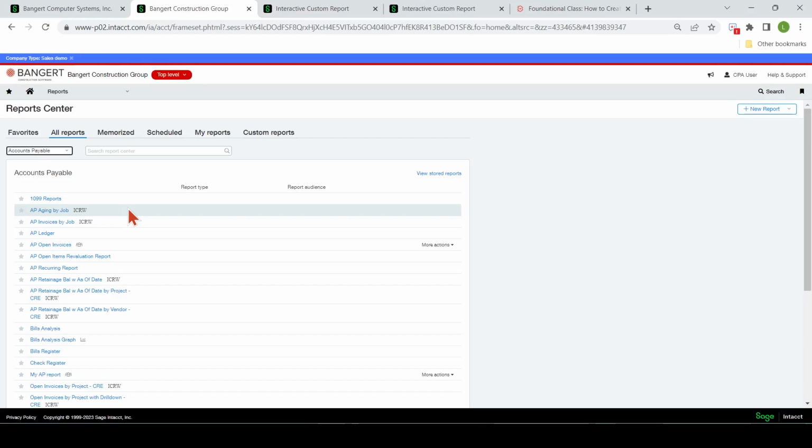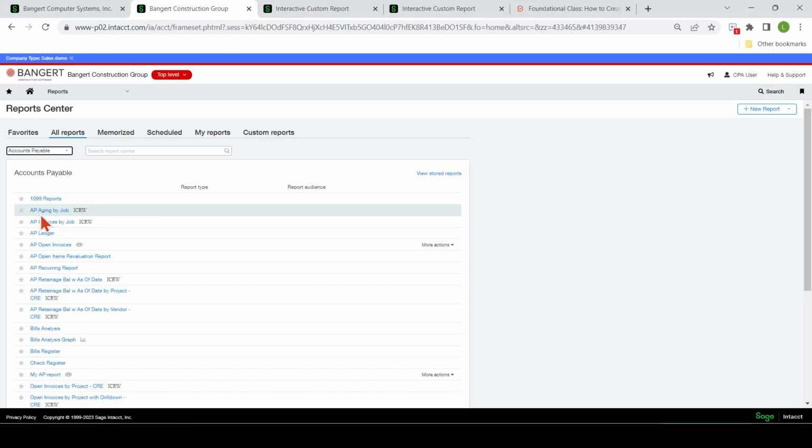It allows you to do quite a bit that's very customized. It's more of an advanced custom writer. Financial report writing and custom report writing are more standard, more simplified, though still very robust. But with the interactive custom report writer, you can do quite a bit more than those other two. So there are three different ones in the system.